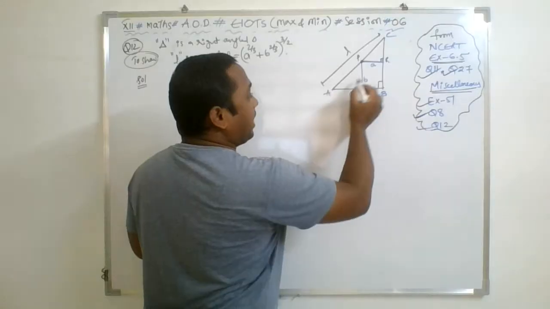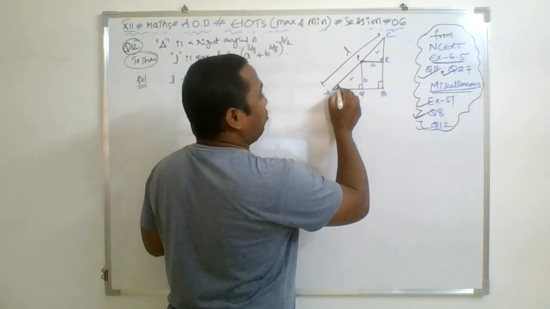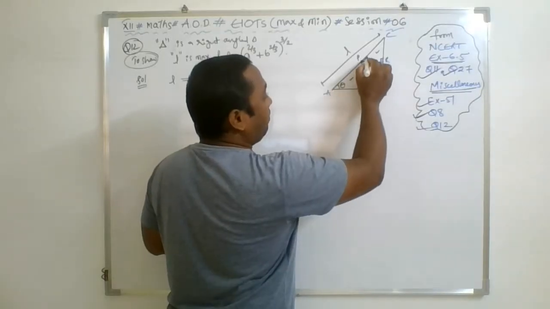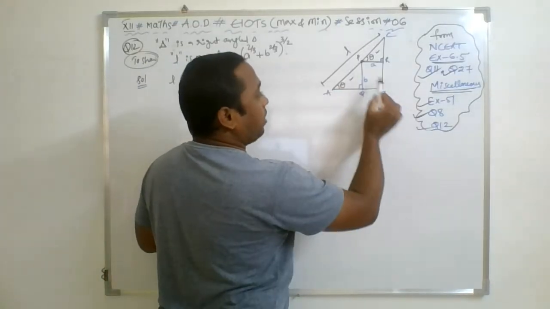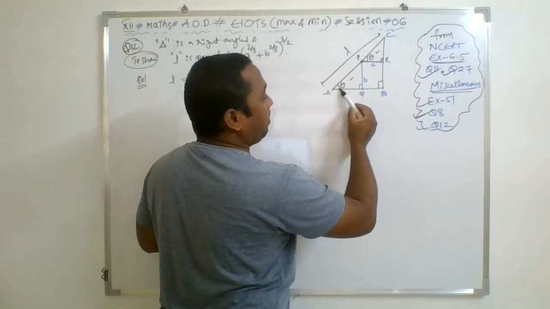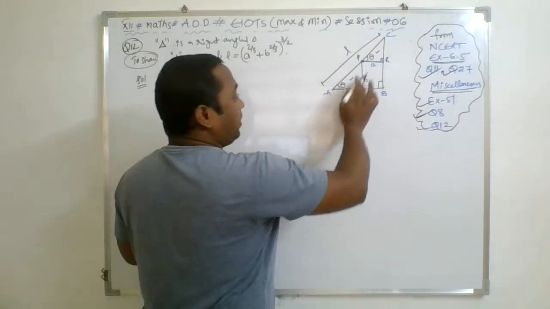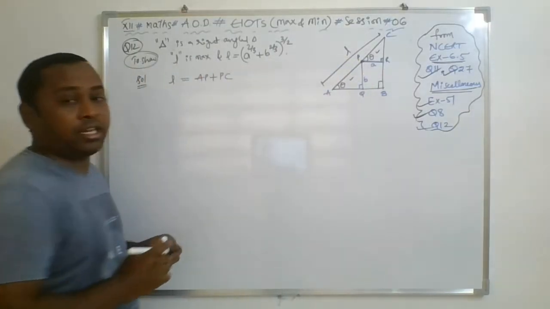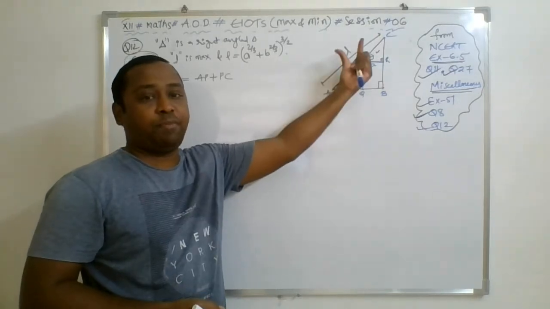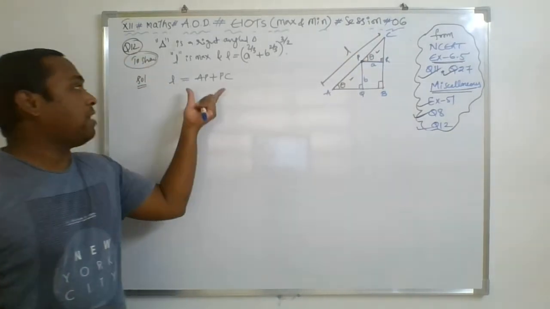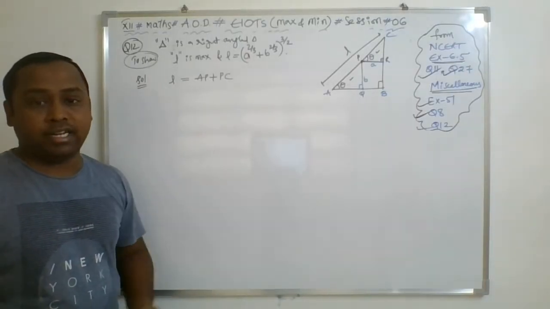We have two right angled triangles for that. Let us take an acute angle theta over here. Definitely it will be theta, because if this is a right angled triangle and these two are already perpendicular, these two are corresponding angles. With the help of these right angled triangles, by using the trigonometric ratios, I will be able to get the length of AP and length of PC. By adding both the values, I will be able to frame the length function. Then I will go for the derivative.